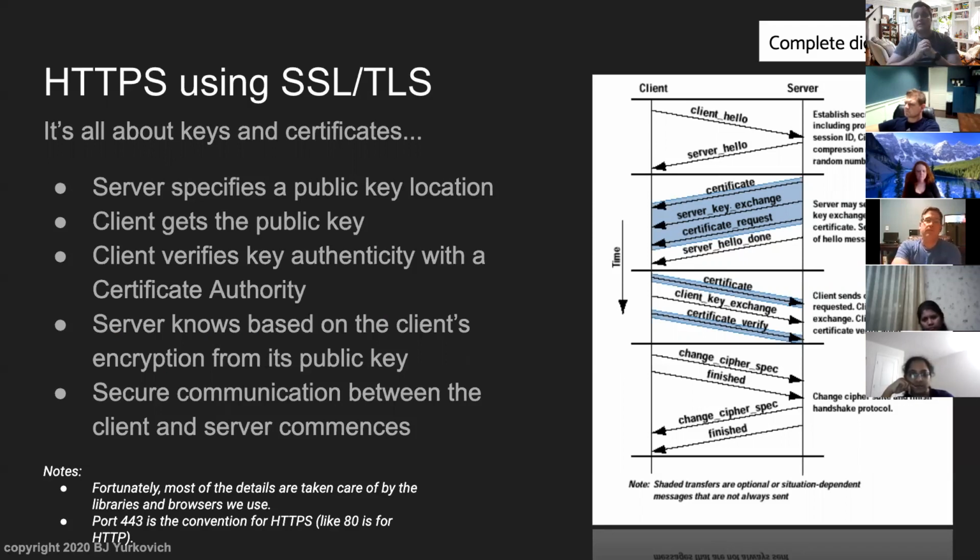The client gets this key of the server. So the server just says, hey, I've got my public key. This is who I am. Client, go and grab my public key, any client that wants to connect to me. Because if you imagine, not every client is able to store credentials for every single service out there, right? So there has to be some agreement to say, all right, if I expose my public key, I'm willing to accept anyone who can process my public key. The client gets that public key and verifies the key authenticity with a certificate authority.